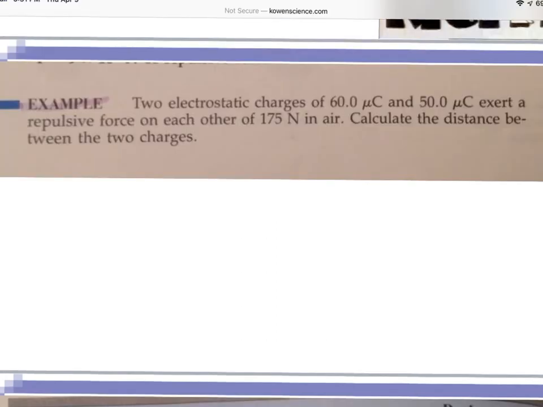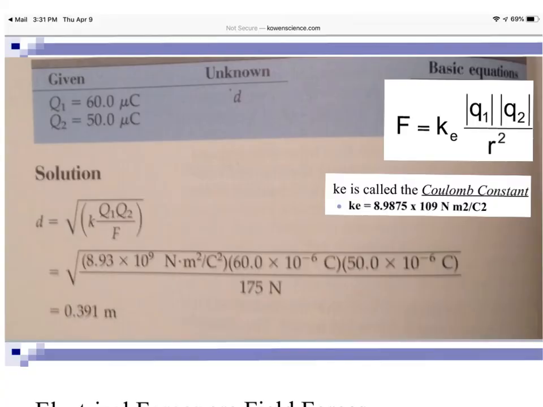So here we have an example. We have two electrostatic charges of 60 and 50. They exert a repulsive force on each other that's 175 newtons in air. We want to calculate the distance between the two charges. I've placed Coulomb's constant right here, and I placed our equation right here. You'll notice that our problem gave us Q1 and Q2, and our distance, in this case it's D, but here, it's r squared,